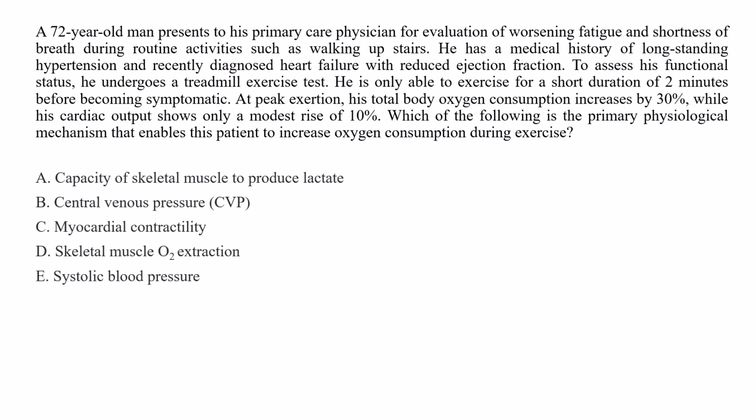At peak exertion, his total body oxygen consumption increases by 30%, while his cardiac output shows only a modest rise of 10%. Which of the following is the primary physiological mechanism that enables this patient to increase oxygen consumption during